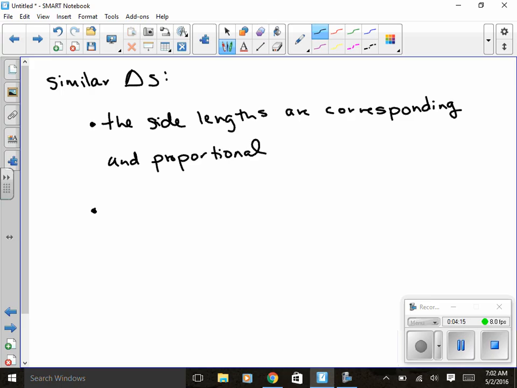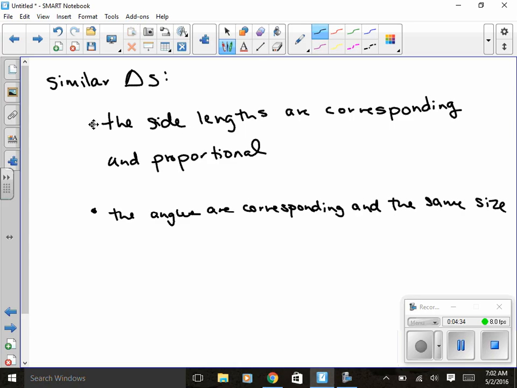The second condition, the angles are corresponding and the same angle. Like I said, we'll look into this a little bit more right now. This just seems confusing. But looking at this,